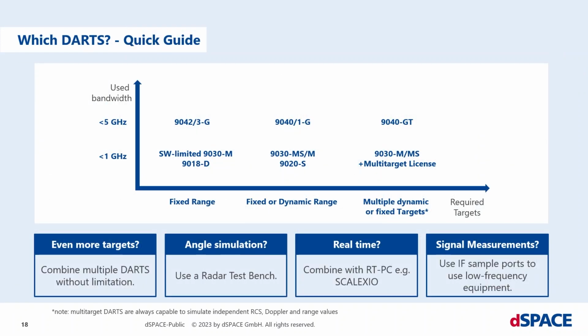To answer this, there are two basic questions. How much bandwidth does the radar under test use? And what are the requirements on the simulated range and the number of targets? When this is known, the suitable DARTS can be chosen, and we can proceed to some secondary questions, which are: